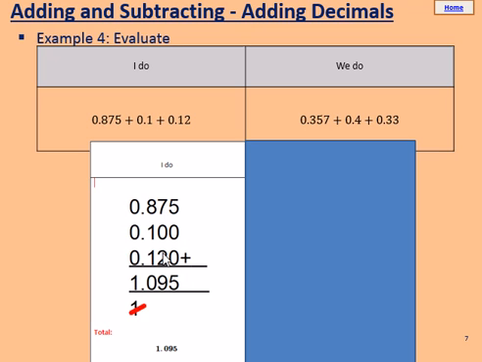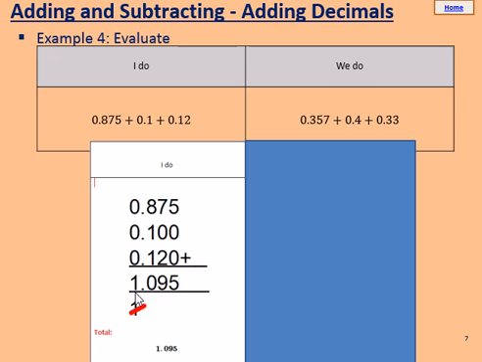7 add 0 add 2 makes 9. And 8 add 1 makes 10. So we put the 0 in this column and we have to carry a 1. 0 add 0 makes 0, but we still had to carry this 1. So we have a total of 1 in this column. So the answer is